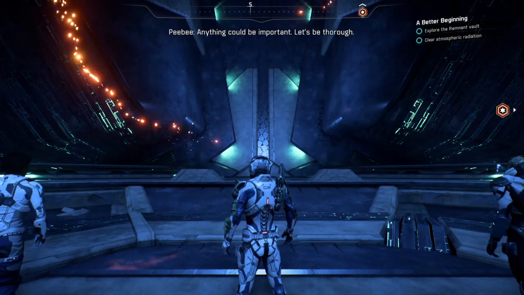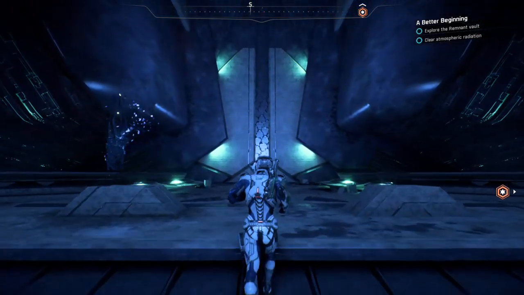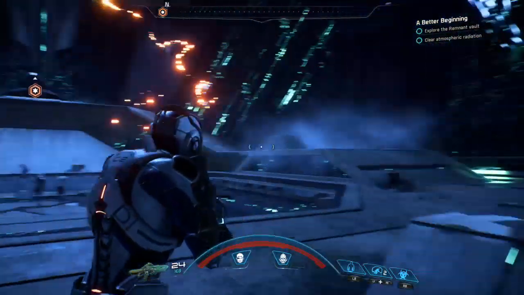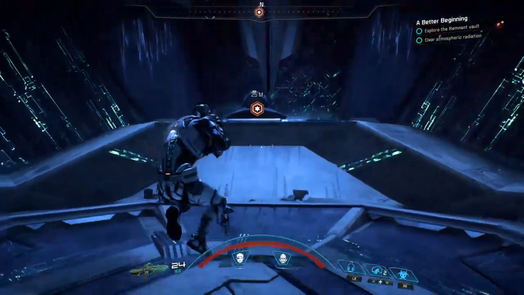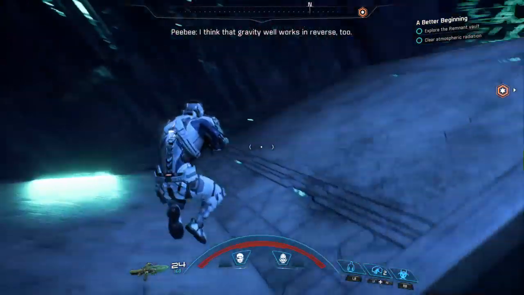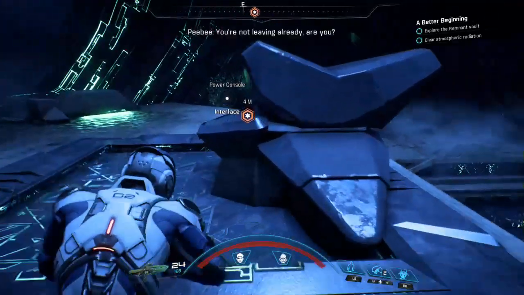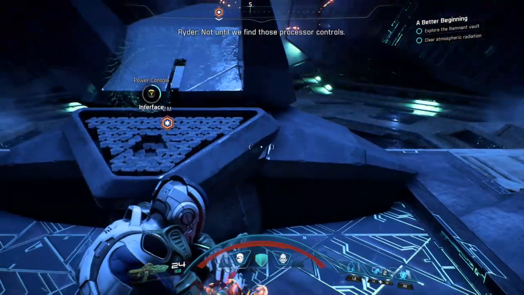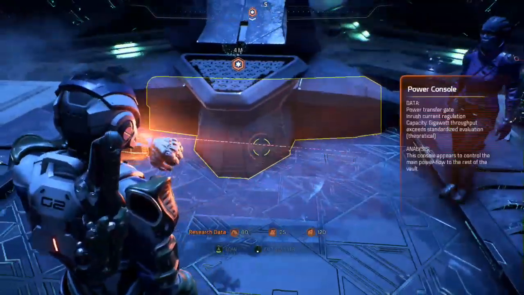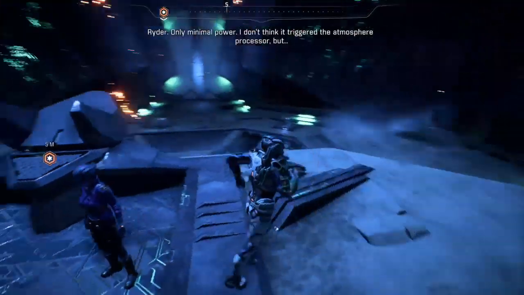Anything could be important. Let's be thorough. I think that gravity well works in reverse, too. Then we have a way out. You're not leaving already, are you? Not until we find those processor controls. Only minimal power. I don't think it triggered the atmosphere processor, but...